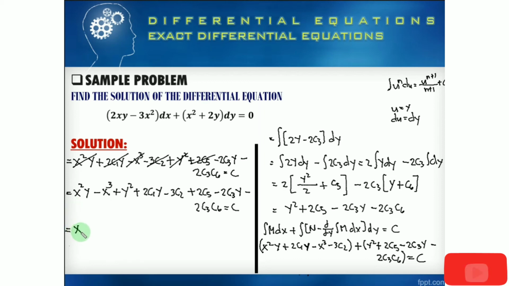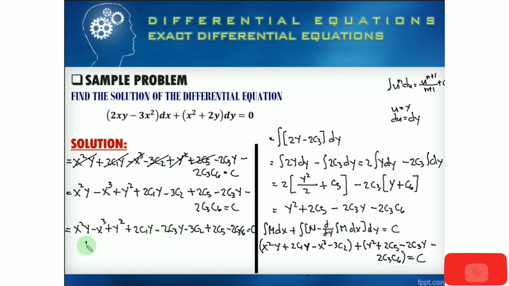So we have x squared y minus x cubed plus y squared, plus 2c1y, and we have another 2c3y here, so we have minus 2c3y, and then afterwards all are constants, so minus 3c2 plus 2c5 minus 2c3 c6 is equal now to c, okay, and we will assign,